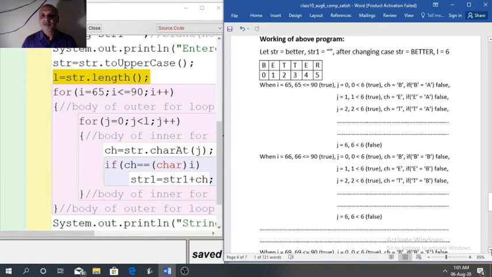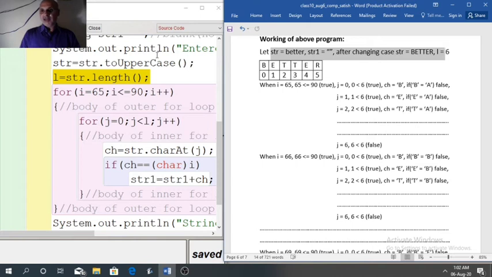Now this is the main thing. Suppose input is better, so str stores better. str1 is blank in the beginning, so after converting to uppercase, str will store BETTER in uppercase.